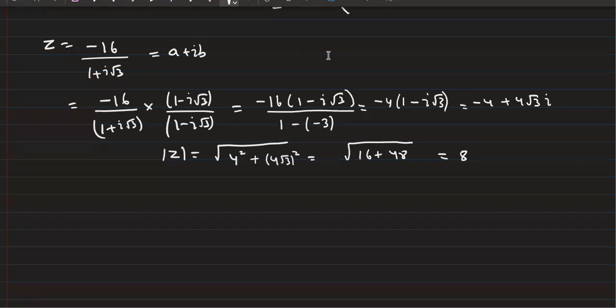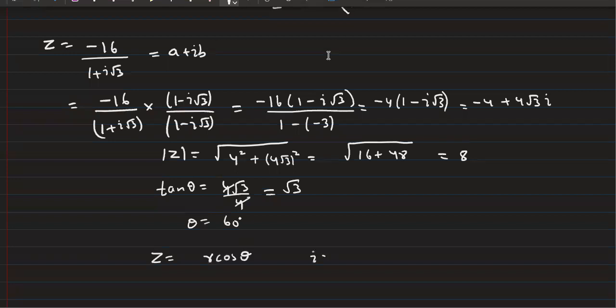Okay. Now then tan theta. Step by step. If you do step by step, everything would be easy. And while writing tan theta, I told you not to worry about sign. So just write it like this: 4 root 3 by 4. As simple as that. So 4 and 4 will get cancelled. So we'll have root 3. So theta is equal to 60 degree. Okay, got it? Now, while writing, z is equal to R cos theta plus i R sin theta. Now we will see the quadrant now.